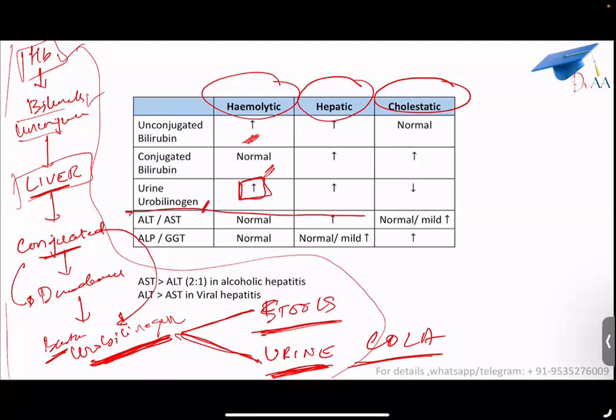I'll talk about the enzymes later on. What about in hepatitis? When there is injury to the liver, it is not able to function optimally. That's why it is not able to convert the unconjugated bilirubin into conjugated bilirubin. Why does unconjugated bilirubin increase? As there is an increase in unconjugated bilirubin and the liver is unable to convert it into conjugated bilirubin,